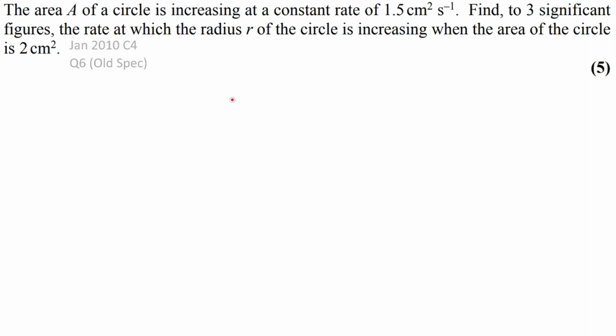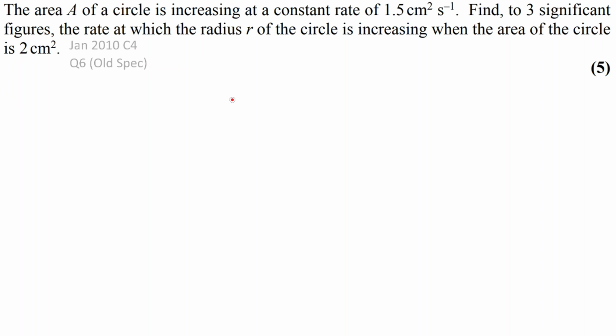Okay, so here's an example of a past paper question where we're told that the area of a circle is increasing at a constant rate of 1.5 centimeters squared per second, and we need to find to three significant figures the rate at which the radius of the circle is increasing when the area of the circle is 2 centimeters squared. Now, this can seem pretty daunting because there's a lot of words in this question,